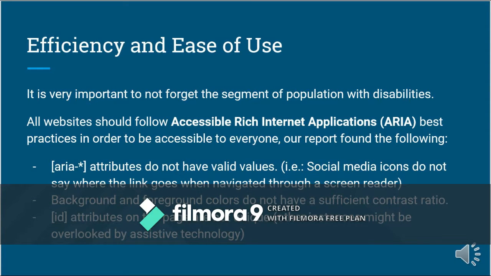After seeing the performance problems the website is having, I would like to talk a little bit about how important it is not to forget the segment of the population that has disabilities. Most websites today follow regulations coming from the ARIA association, the Accessible Rich Internet Applications Association.